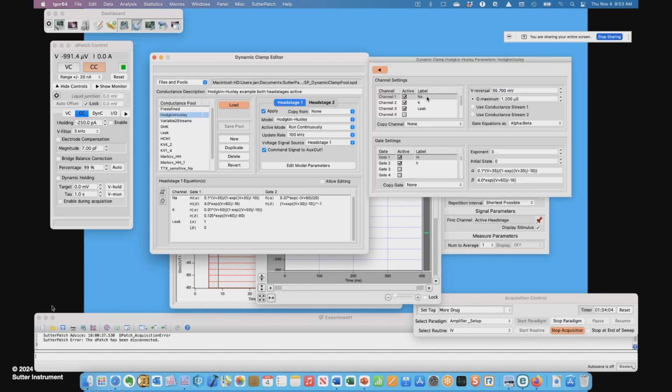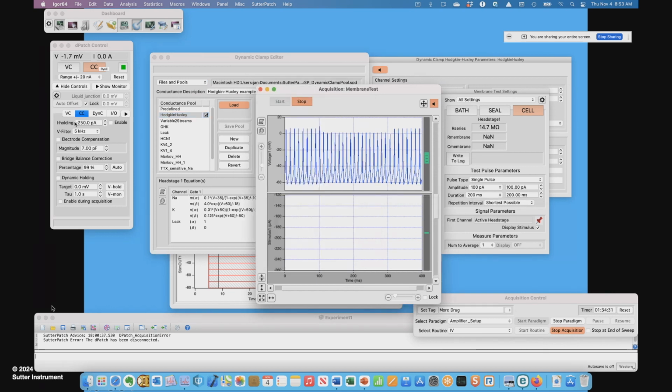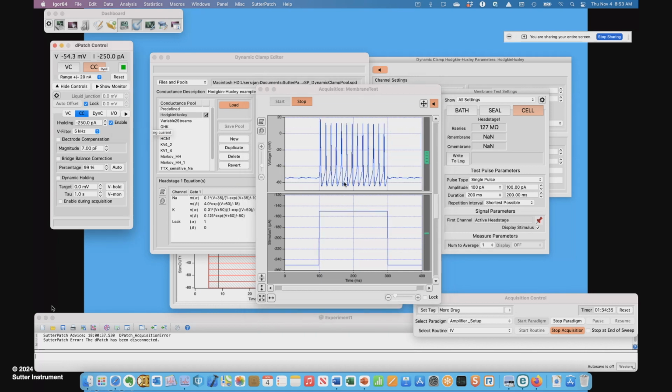I have three conductances: a sodium, potassium, and a leak current. Sodium has an activation and inactivation gate, as I explained before. If I load this, the little flag here shows it's there, and then I have a constant train of action potentials here. That is because my holding current hasn't been enabled yet, so let me enable that. And then we only get action potentials during the duty cycle of this 100 picoamp step.